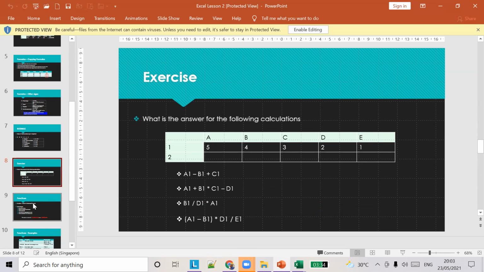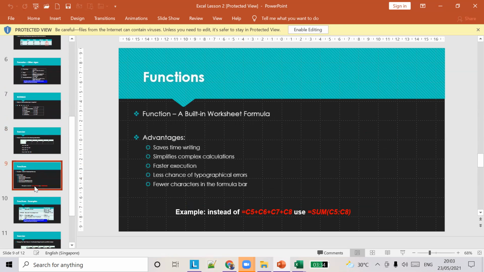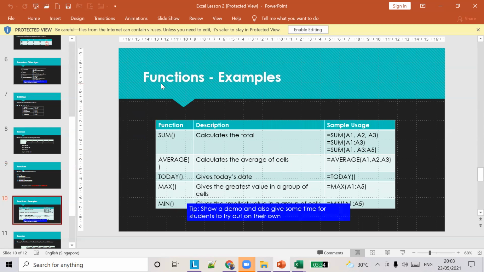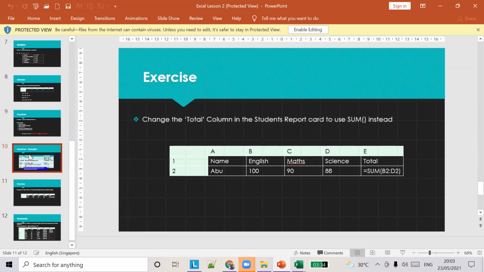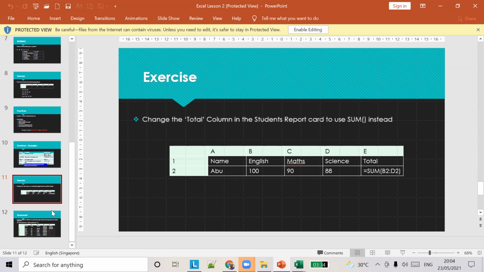Apart from that, there are functions. We learned what is a predefined function. We know the difference between this one and this one, sum and writing your own formulas ourselves. These are some examples of functions that we tried. We did some average, total, max, and min, and we learned how to do sum of all these things. So we use the functions instead of writing our own formula.